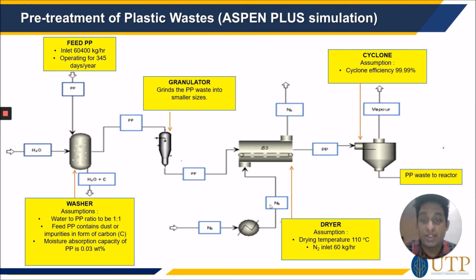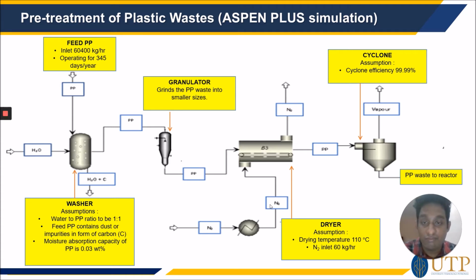Next, PP enters the granulator, where it is ground into smaller sizes before entering the dryer. This is done to increase the conversion efficiency. In the dryer, nitrogen gas is introduced to carry out the drying process. This is because the nitrogen gas provides a moisture-free environment by displacing existing oxygen molecules. Assumptions that are made here are drying temperature to be 110 degrees Celsius and nitrogen gas inlet 60 kilogram per